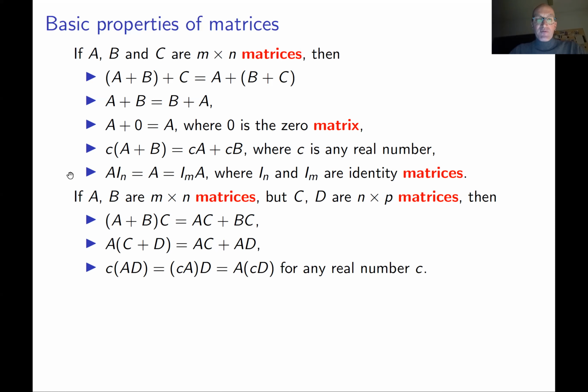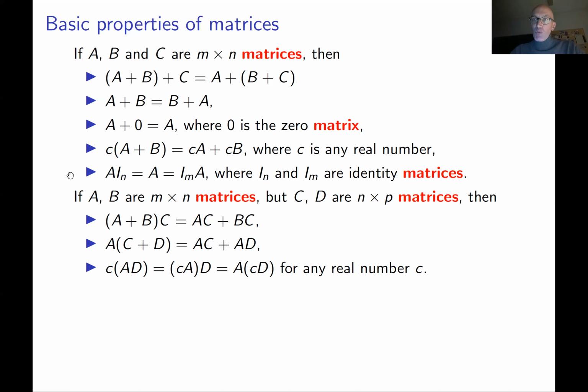Okay. And finally, if you have two matrices A and D, in this case, which you can multiply, you can have A times D. It's a matrix M times P. Its size is M times P. And if you multiply it by a constant, you can do it in several different orders. So first, you can multiply AD, and then you multiply it by a scalar, by this number C. Or you can multiply matrix A by C, and then multiply by D. Or you can multiply C by D, and then multiply by A on the left. Yeah, in all these cases, you get the same matrix.